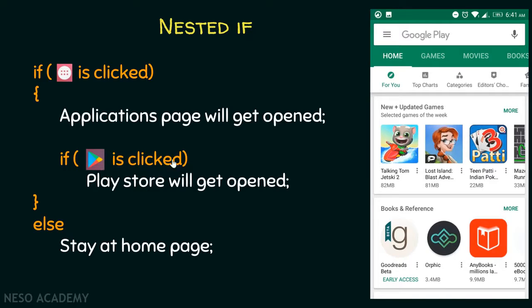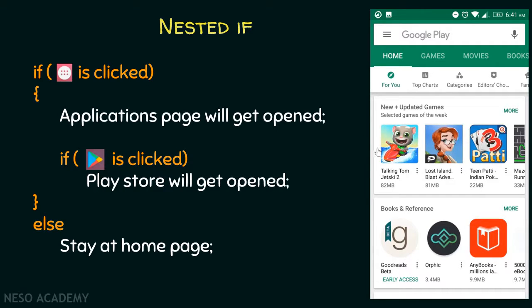Isn't that so? This whole if construct is dependent on this if construct. Therefore, it has to be put inside of this if construct. Whenever there is an if construct inside another if construct, then it is called nested if construct. Please remember this point. We cannot put this outside of this if construct because the only way you would be able to access this Play Store button is by clicking on this button. If you won't click on this button, you will simply stay at home page, right? So we can easily see how this nested if construct is useful in our real world application like Android operating system.